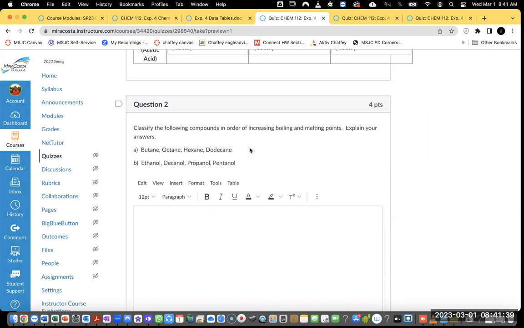So basically the question is saying, you see all of these are alkanes. Butane is a 4-carbon alkane. This is 8 carbons. This is 6 carbons. Dodecane is 12 carbons. So dec is 10, and dodecane is 12 carbons. So basically you're deciding that when you increase the carbon chain length, how does that affect the boiling or melting point, guys? We have discussed this in the physical properties of the organic molecules in the lecture videos, where we